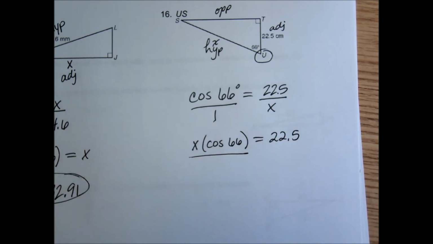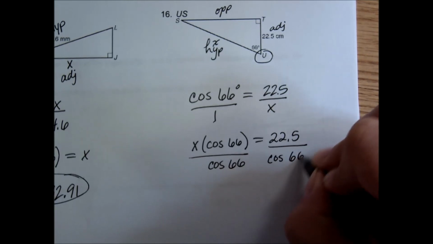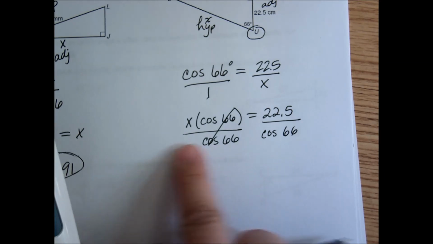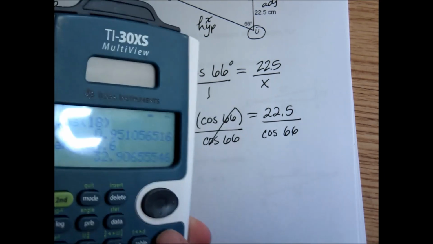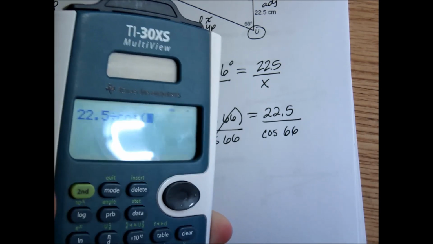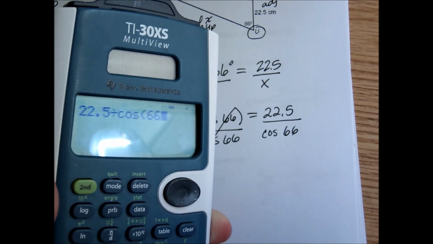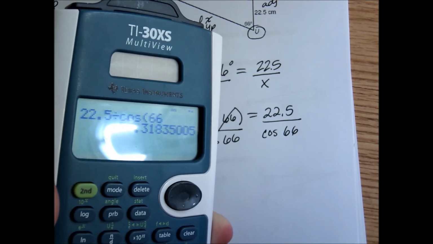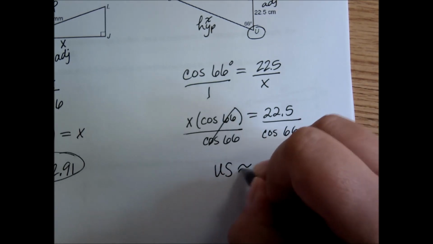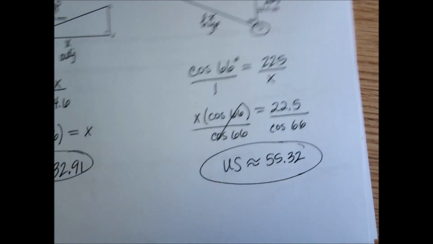x is still not alone, so I'm trying to get it alone. Let the equation tell you when it's done. If x is not alone, you are not done. Now the equation is saying this is what x equals, so I go to my calculator. 22.5 divided by cosine 66. It really doesn't matter if I close these parentheses because nothing's coming after it. 55.32. So SU is approximately 55.32. All right? Now, if you can do this, you're doing really well. But I want